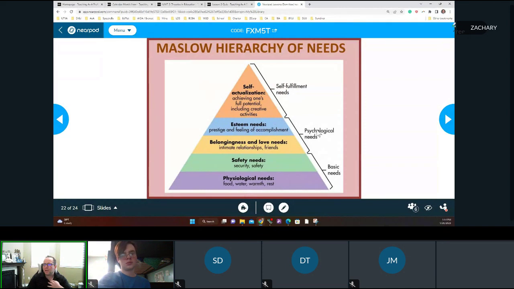And then we also need these psychological needs met, right? Being able to feel belonged or loved, having esteem in yourself. And we want to get everybody to this place, which we call self-actualization, is what Maslow called it. It's just basically you're at harmony with everything that's going on. So all of these needs need to be met in order for us to be able to learn and do those things.